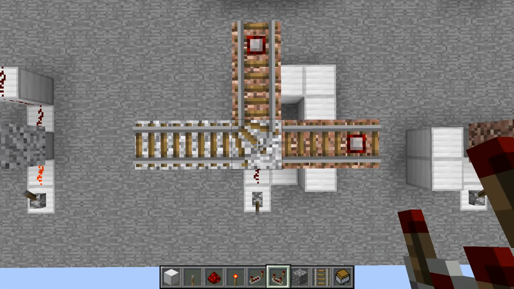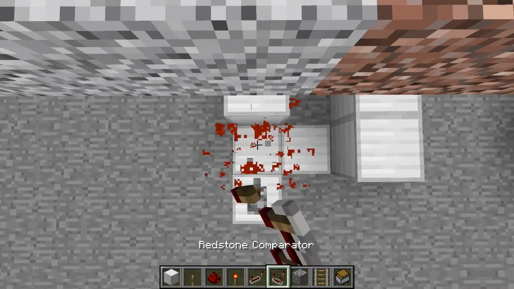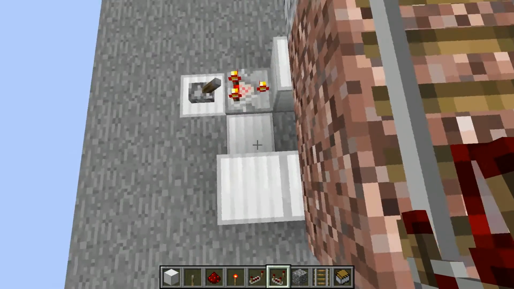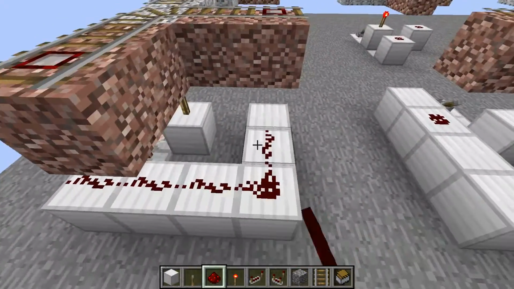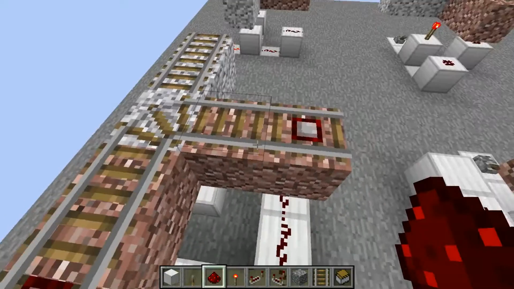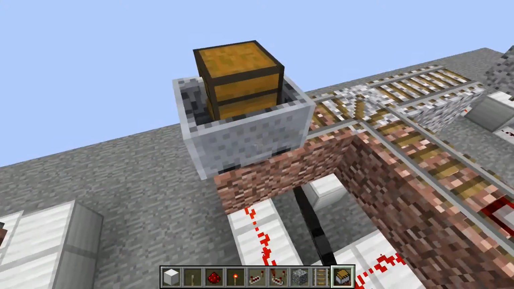Now, the override group works the opposite way. While the block is not powered, returning minecarts will be routed back correctly. But when the block is powered, the return line is not connected at all. So we will need to override the power from the track selector. The most compact way, in my opinion, is to place a comparator on subtract mode in the selector line and have the detector rails feed into the side of the comparator using a repeater. The repeater is to make sure the selector signal is overridden no matter what.